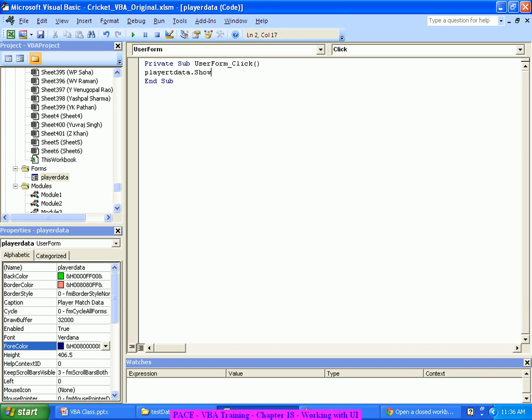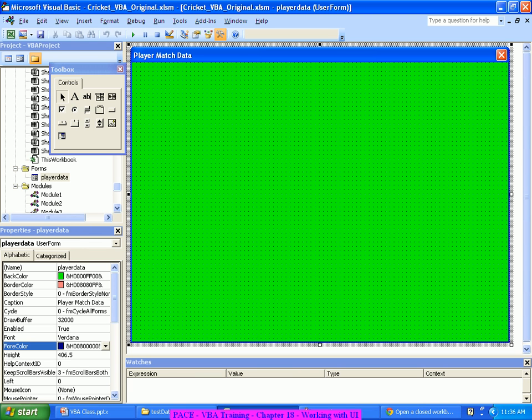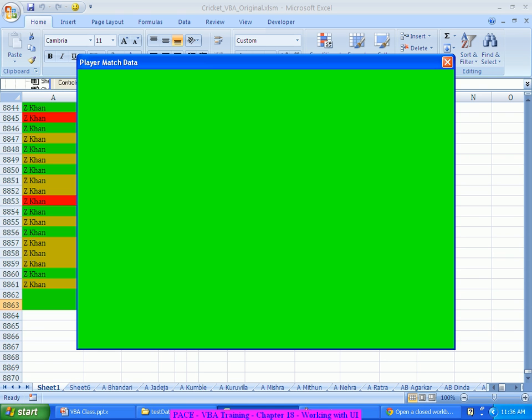Simply show that form whenever you double click on it. Now you see, I select this. Okay, this is the form. I run this now. This comes out as my form. When I run this, this is the form.